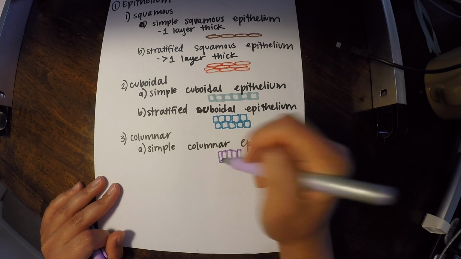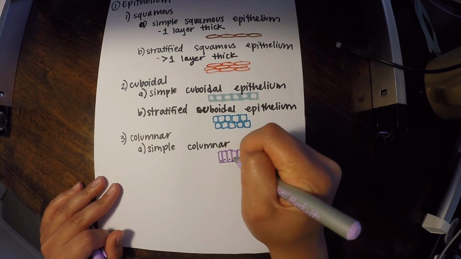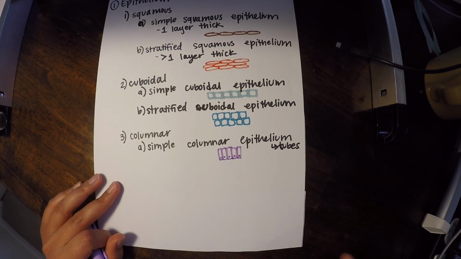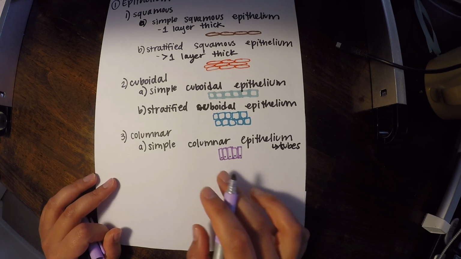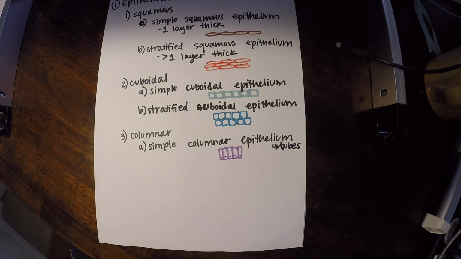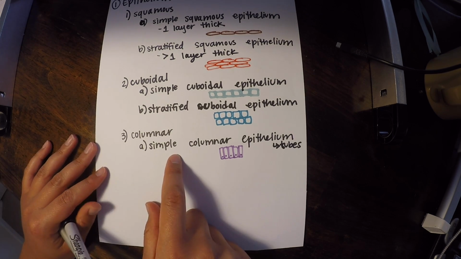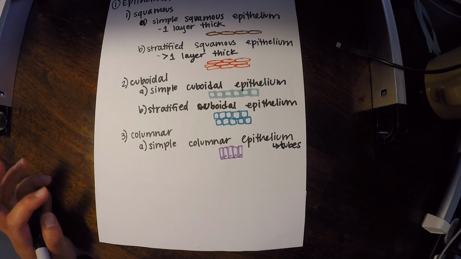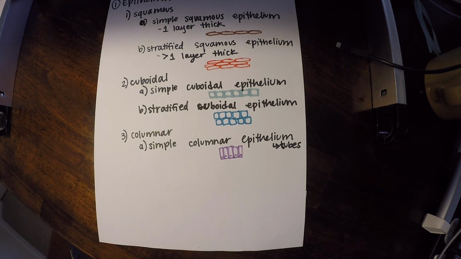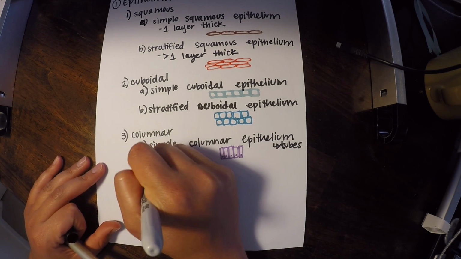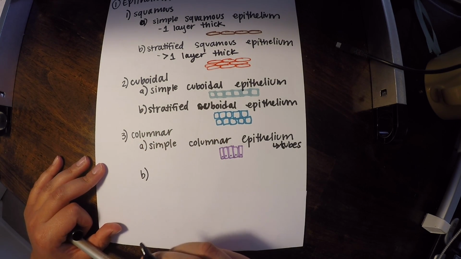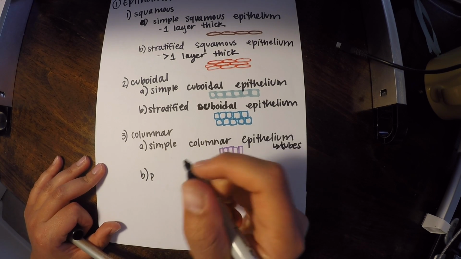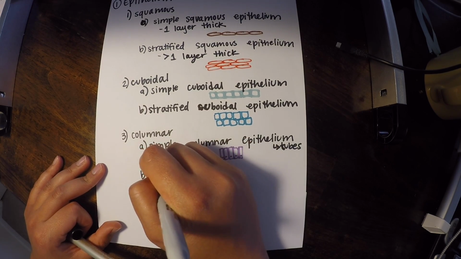And there's going to be a nucleus, which I'm representing with a little dot, and that's what it's going to look like under the microscope as well. And they're all going to be in one line. Now, a lot of people think that the columnar tissue is going to be similar to all the other ones, where there's going to be a simple and there's going to be a stratified. But it's a little bit different because there's actually a pseudostratified columnar epithelium, and I'll explain that in a moment.